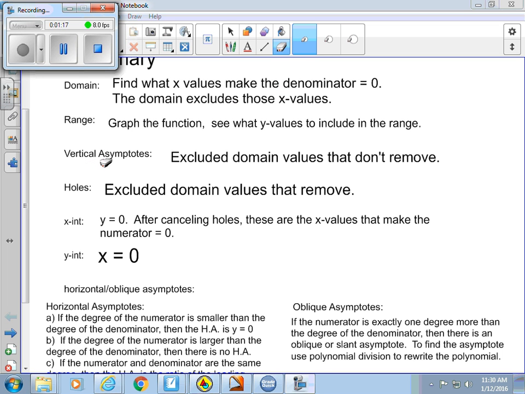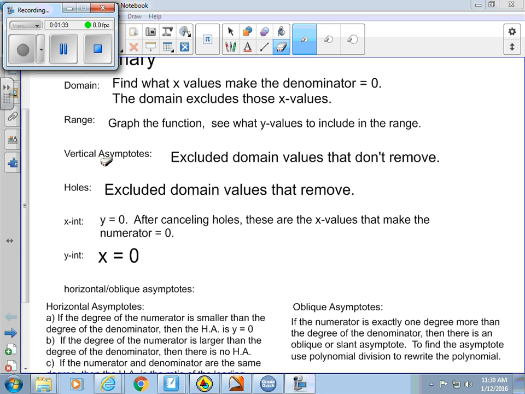Vertical asymptotes come from domain issues. At vertical asymptotes, we have an undefined place on the x-axis. However, there are 2 things that could happen. As you may remember, there are 2 possibilities. There are asymptotes and there are holes. You need to know the difference between your asymptotes and your holes in the text, right? So,